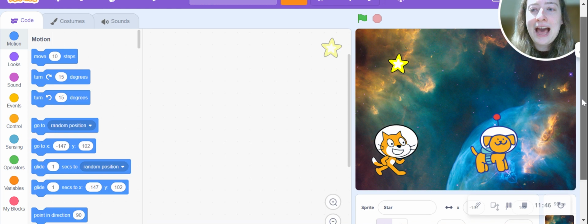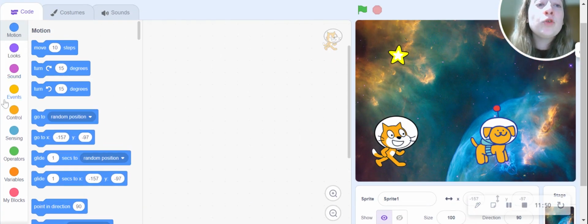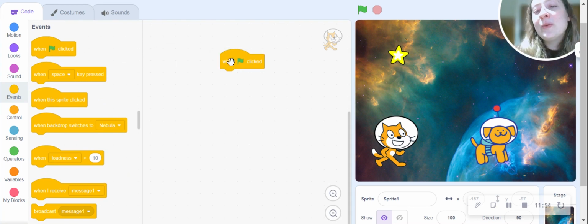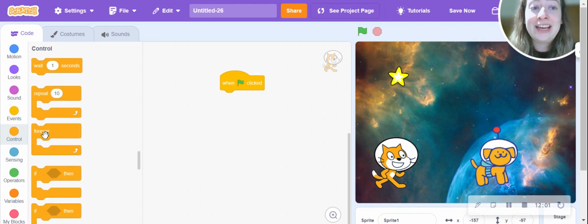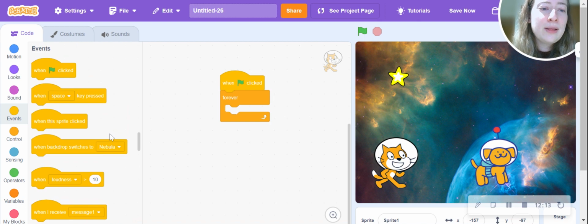So let's start with the cat. So the cat, our sprite 1, when the flag is clicked, we want it to start sensing to wait for us to click on it. So we want this to forever be checking if we are going to click on it. So the entire time we're running the code, it's going to always check whether or not we're going to click on this sprite. This will be the same for every single sprite we do this with. So once we click on it,